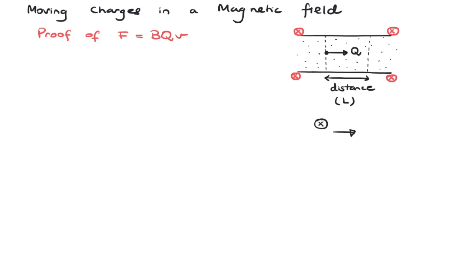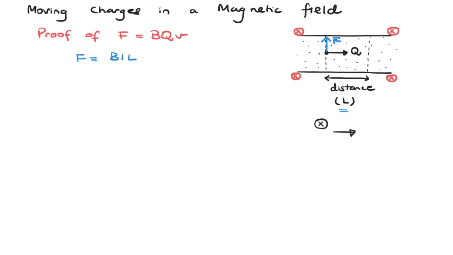So let's put that down over here. Force is upwards. This magnetic force can be written as F equals BIL, where it is acting perpendicular to the magnetic field. If this charge is moving a certain distance, let's call it L, then we can also rewrite L